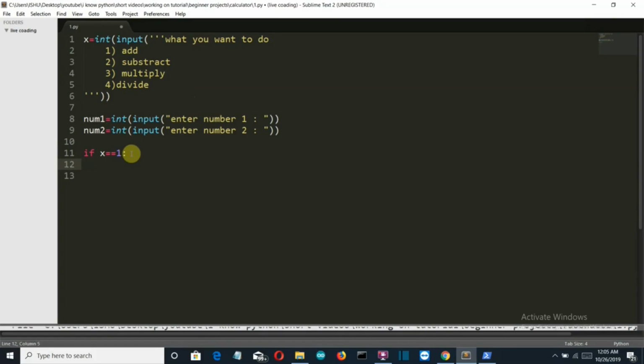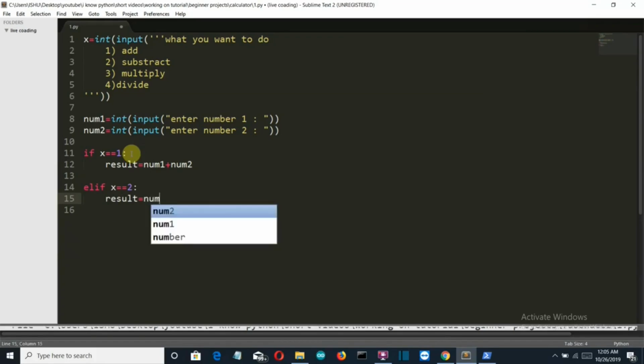Then what we'll simply do is we'll create a variable, let's say result, and then we'll simply add num1 plus num2. Okay, now let's go to our second option, elif x equal to 2, or the user wants to perform the subtraction operation, then result is equal to num1 minus num2. Okay,